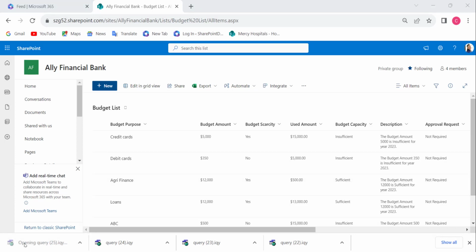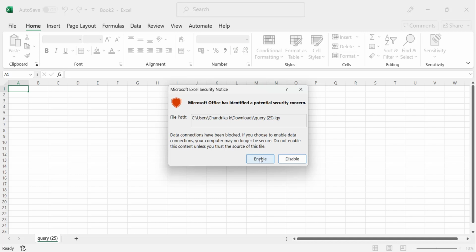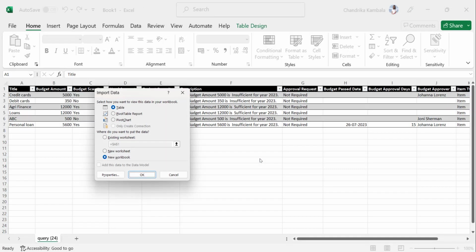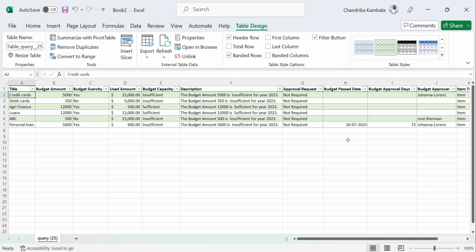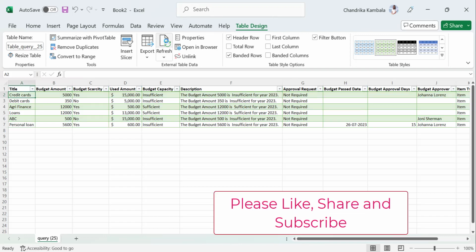Click on open. Click on enable in Microsoft Excel security notice. In the import data, select OK. Then the SharePoint online list will be exported to the Excel. Select any styles in the table styles to format the Excel table. In the table design tab, click on refresh because the changes made in the SharePoint list will be automatically updated